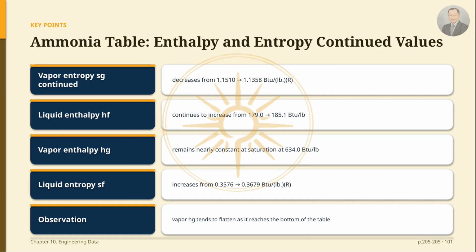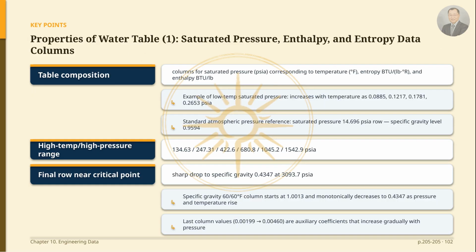You can see the trend of vapor enthalpy flattening out as you move toward the bottom of the table. I'd like to introduce the data column configuration of the conversion table, summarizing the physical properties of water. This table lists the saturation pressure in psi on the left, along with the corresponding temperature, entropy, enthalpy, and specific